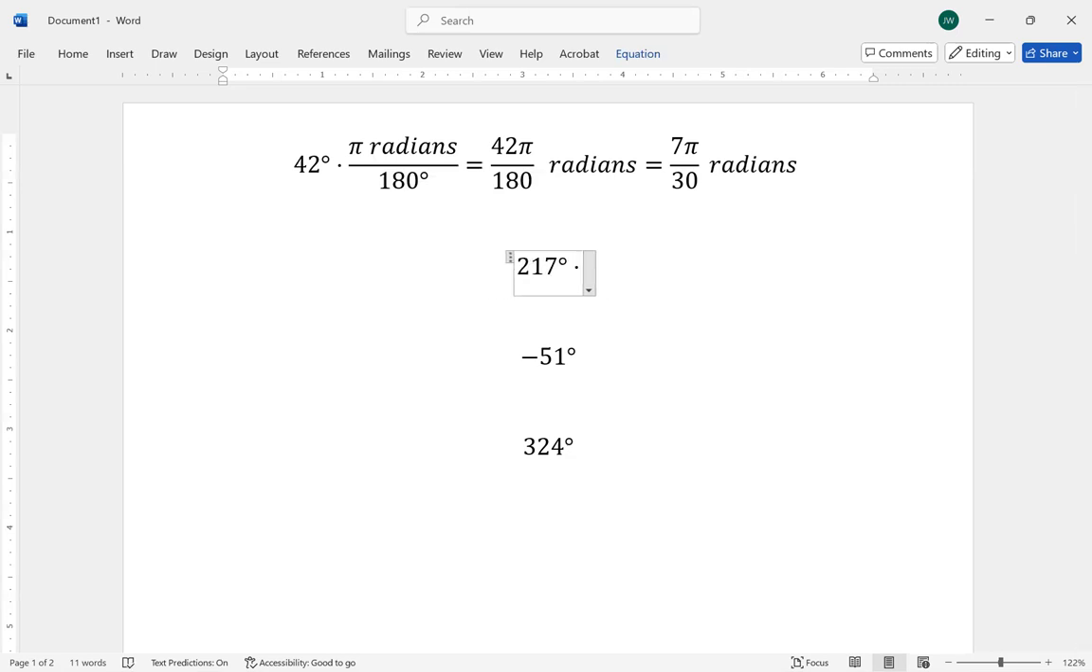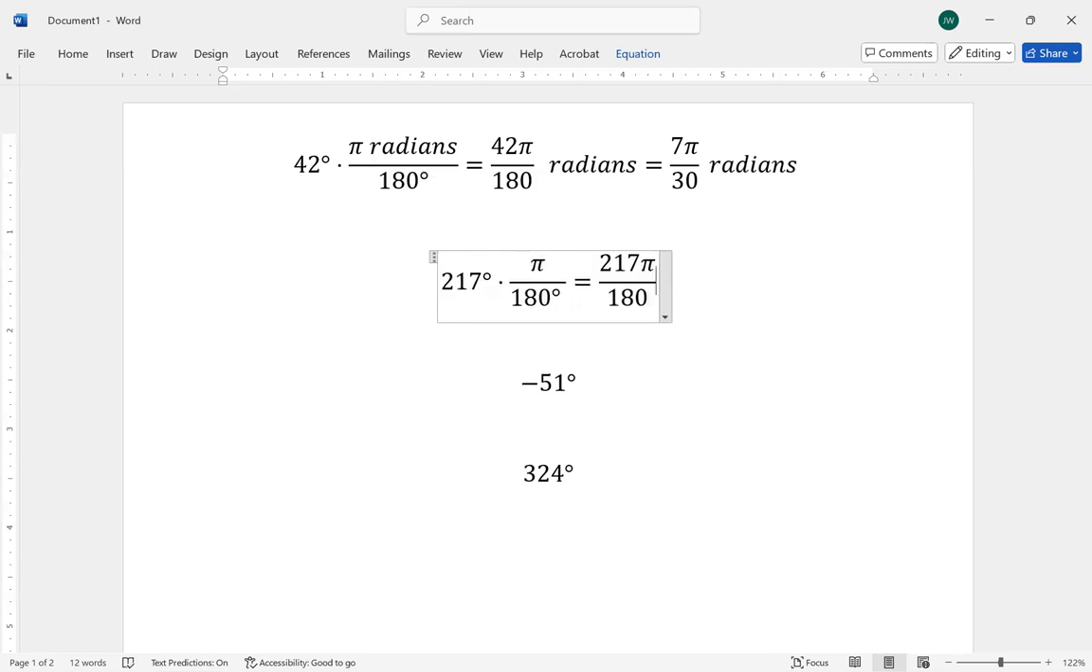I don't have to always write all the labels. A lot of times people will just write pi over 180 and they know that they are canceling things out. I will, in this case, just say times pi over 180 degrees. And that's going to be 217 pi divided by 180. 217 pi over 180 does not simplify in a nice way